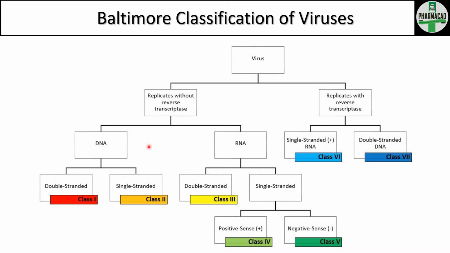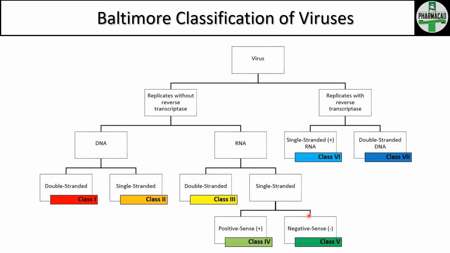Viruses that contain DNA or RNA replicate using DNA or RNA polymerase enzymes. These DNA or RNAs can be single-stranded or double-stranded. If they are single-stranded RNA, they are further classified into positive sense or negative sense RNA. Sometimes positive sense or negative sense are also called sense or nonsense RNA.